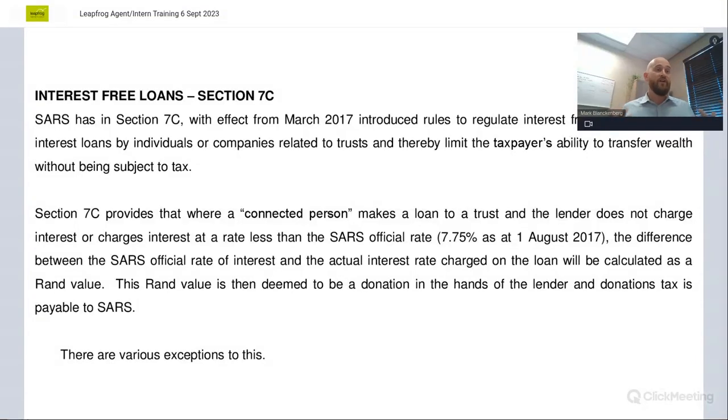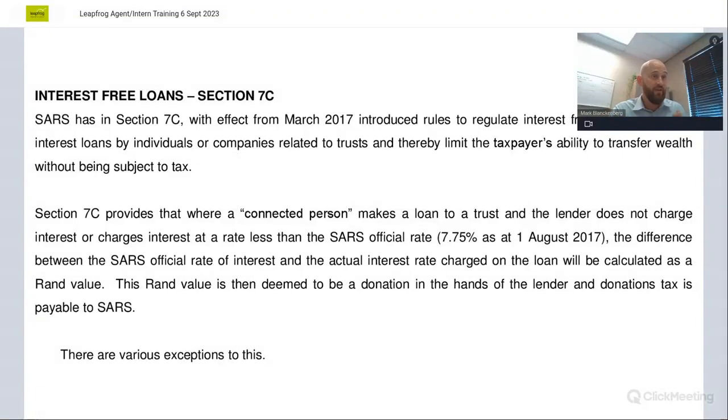Now, there are a couple of ways that this could be done. People would do donations. Okay, remember, guys, if I'm going to donate something of value from a trust or to anybody, I'm liable for 20% donations tax as the person making the donation. So if I am donating a 5 million rand property to a trust, that's a 1 million rand donations tax that I must pay to SARS for making that donation. Okay, now that's a very unappealing